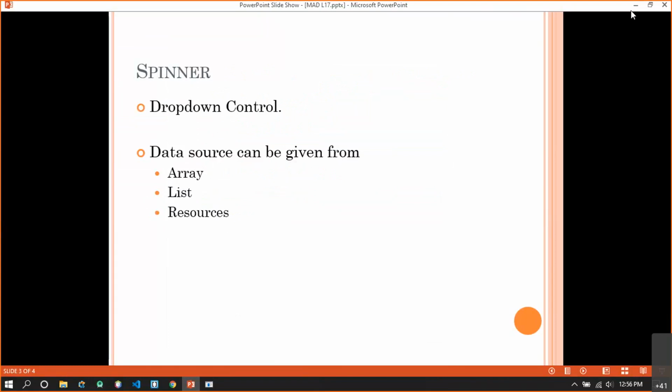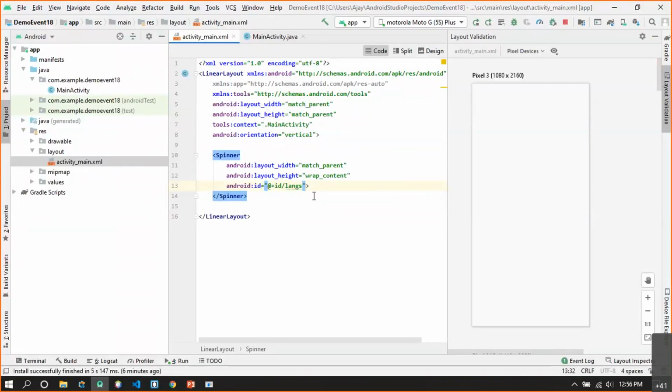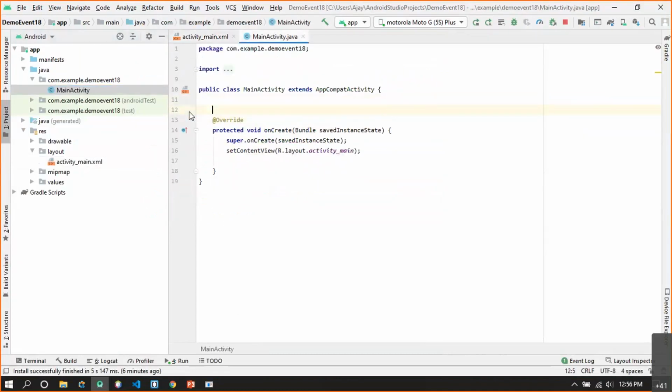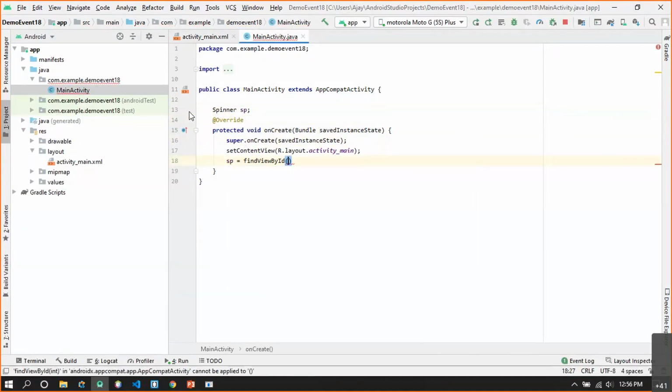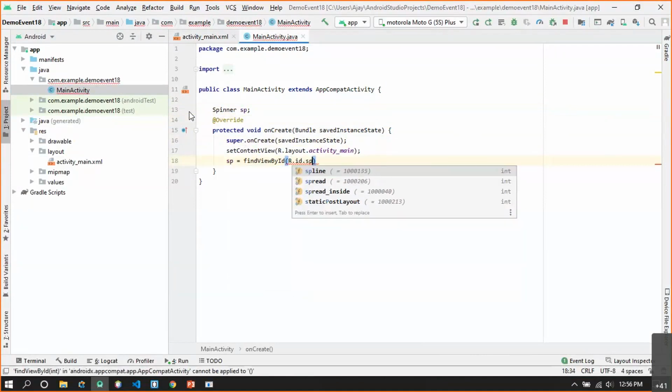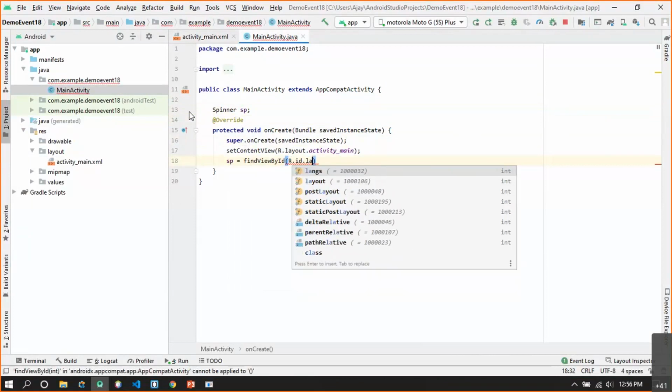So let's see how we can use the arrays here. Let me refer to the spinner first of all. In order to refer to the spinner from the XML, I need to create a reference of type Spinner, that's a Java class. Let's call it SP, and SP is equal to our regular method, findViewById, R.id.langs.